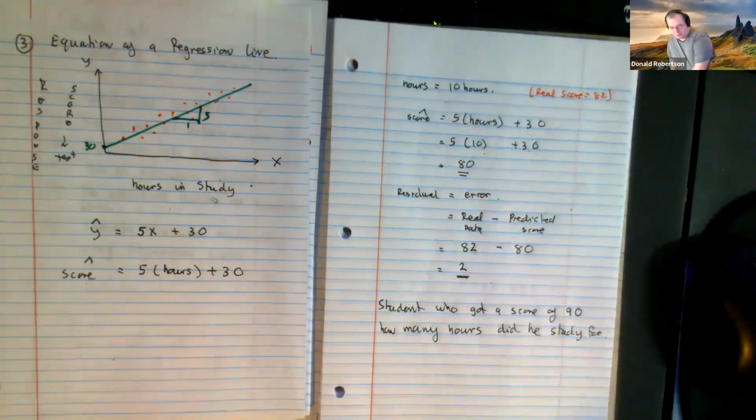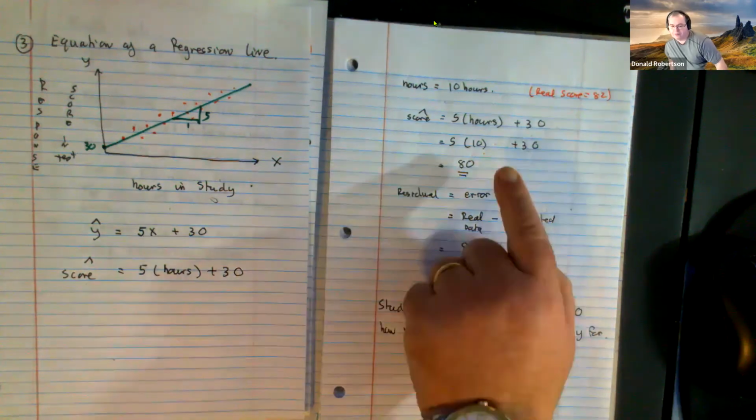Now, this question's kind of back to front. Suppose there was a student who got a score of 90 in this test. We need to predict how many hours he studied for. Right, now we can use the equation, this one up here,